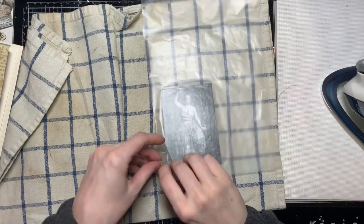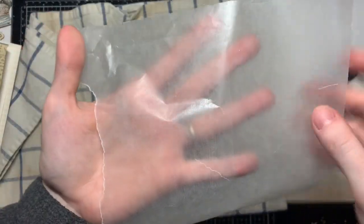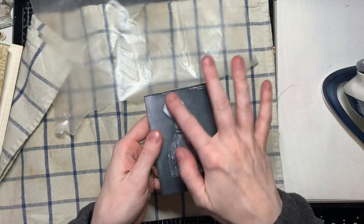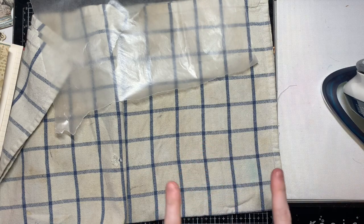Okay, so this is done. And you can tell if you see this frame. It's really hard to see this frame on the wax paper, at least on this wax paper. Then it's done because the wax is on here now. Okay, so I will do the other two real quick and then I'll come back and we can put the